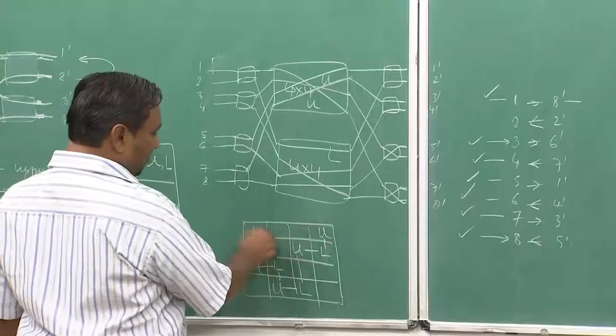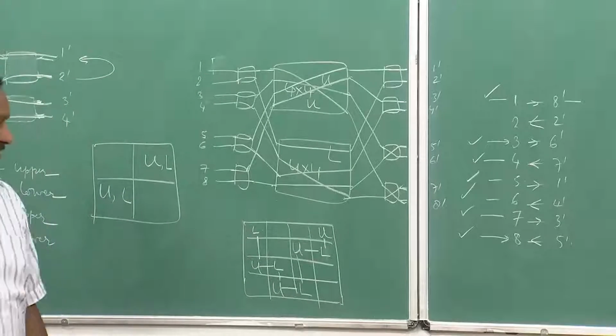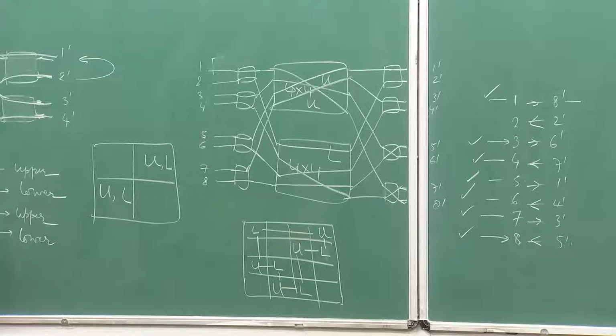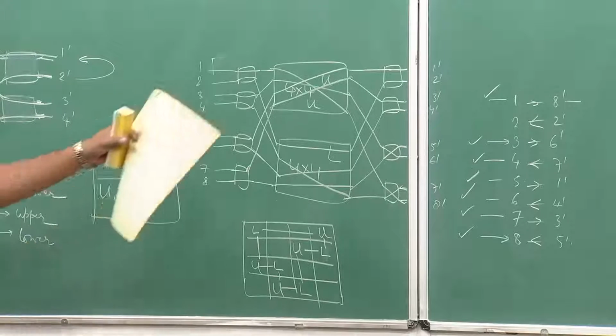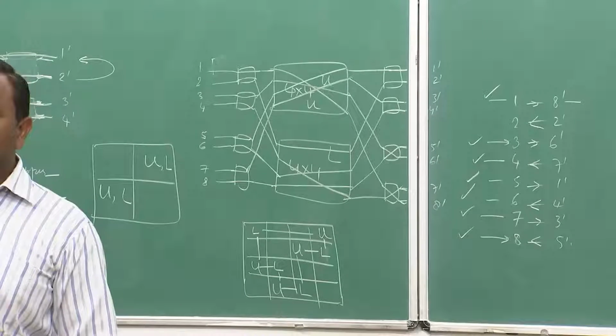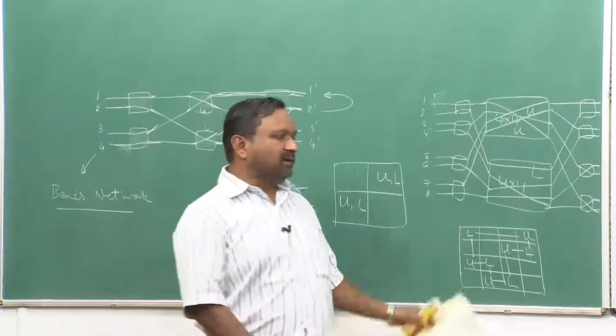I started from here, I came here, and these two are also not conflicting. So, I built up the complete loop. There is one single loop which has been done. So, that is what is happening in the Paull's matrix. Same will be true if I make it for a 16 by 16 and so on. So, in the next video we will actually formally look how to prove this particular thing.